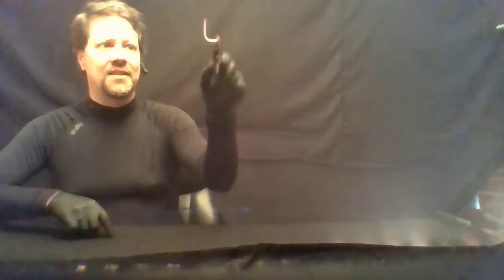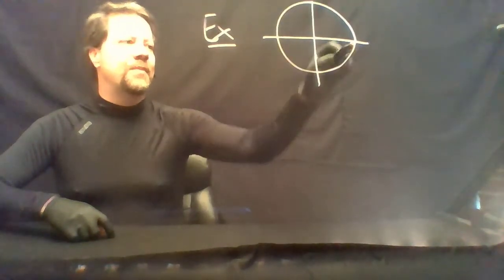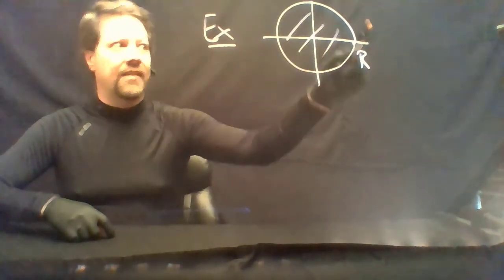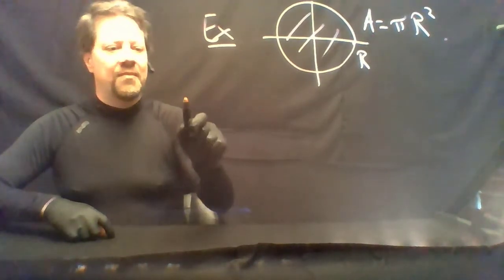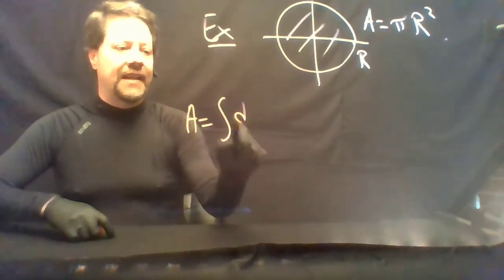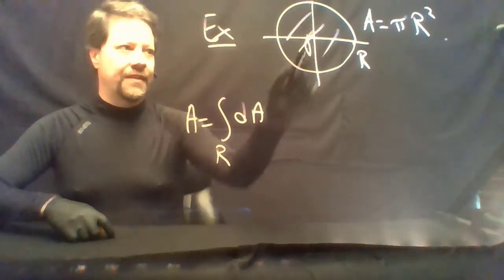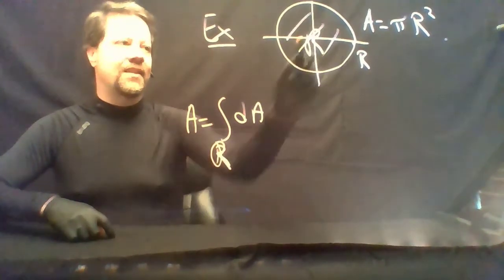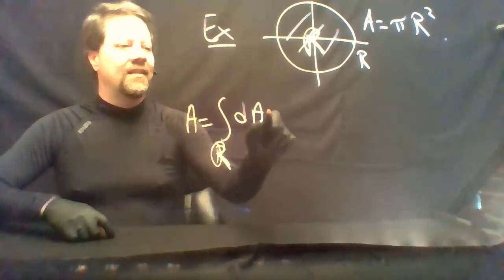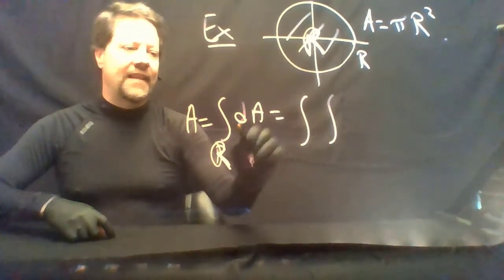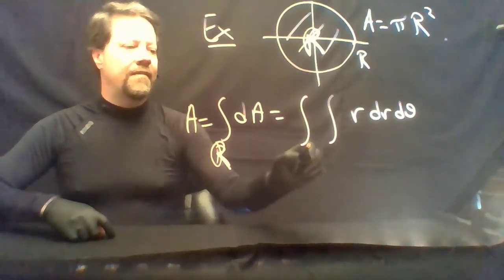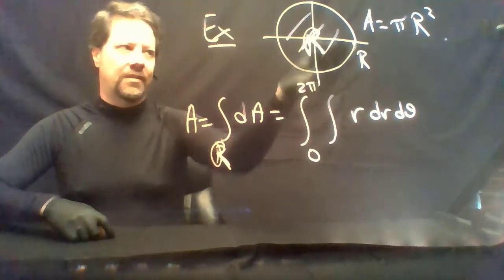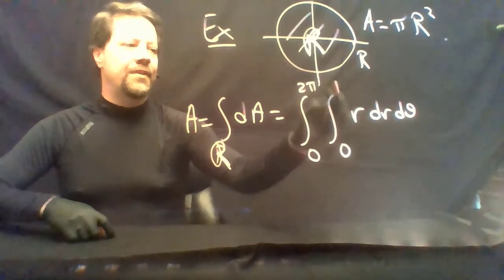Let's validate this on some regions that you already know the area of. So for example, let's suppose we have a disk of radius R. The area is pi r squared. The area should also be the integral of the area element over this region. I'll use a fancy R to describe the region. This will be a double integral, and the element of area will be r dr d theta. Theta will go from 0 to 2 pi all the way around, and the radius will go from 0 to